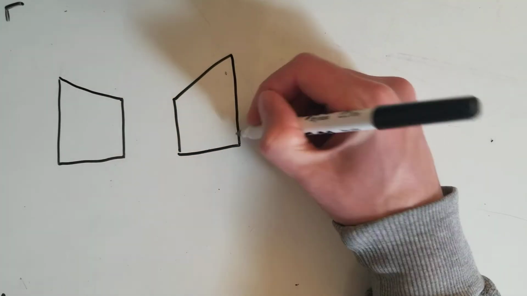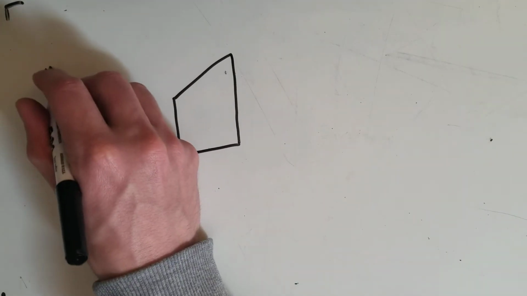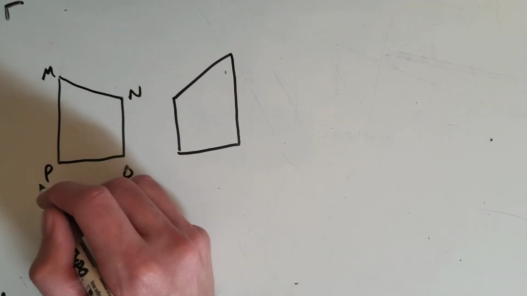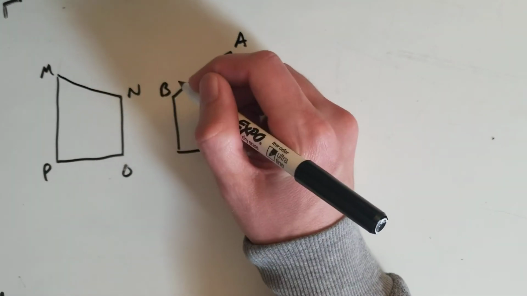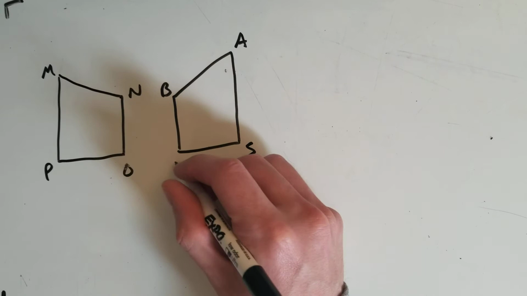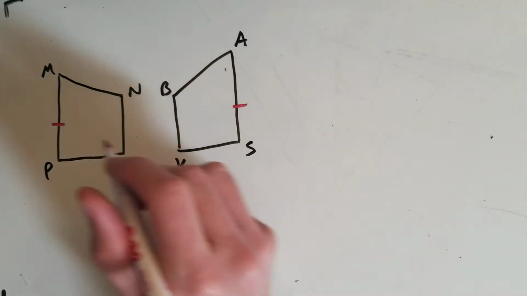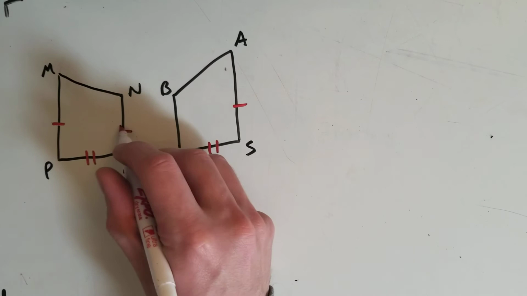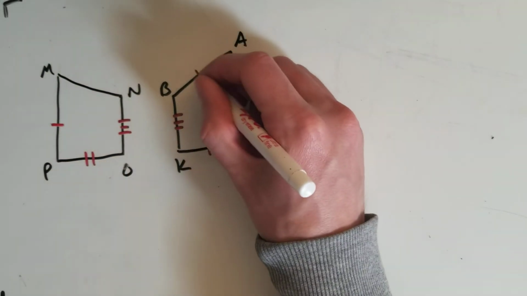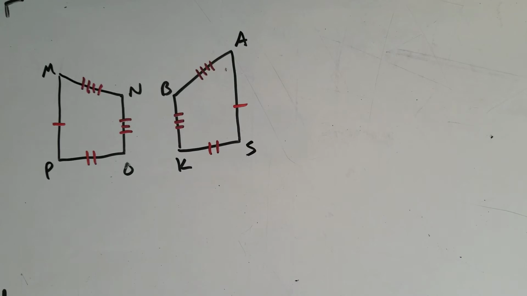They're both quadrilaterals. One is labeled MNOP, and the other is labeled ABSK. And I'm going to put some markings in here. So this has 1, this has 1, this has 2, this has 2, this has 3, 3, this side has 4, and this side has 4. And color code